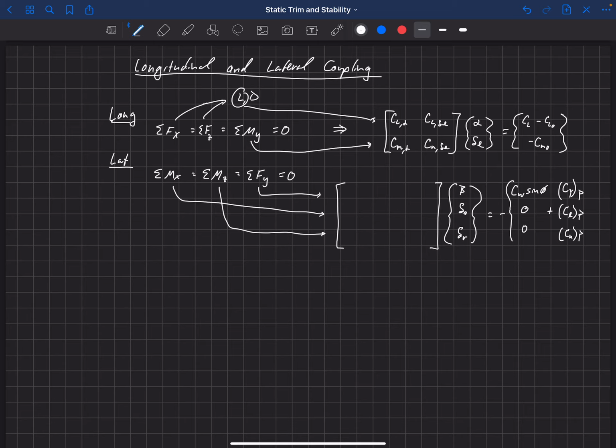So we'd have Cy due to propulsion, Cl due to propulsion, and Cn due to propulsion. So the coefficients that we had was a change in y with respect to beta, change in y with respect to delta A, and change in y with respect to delta R. And then this was a change in rolling moment with respect to beta, delta A, and delta R, and then the change in yawing moment with respect to beta, delta A, and delta R. Okay, so these were our lateral equations.